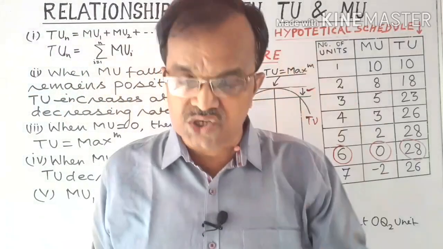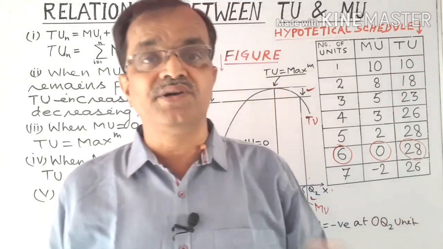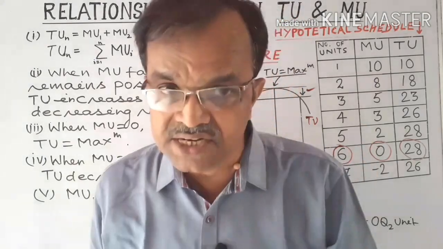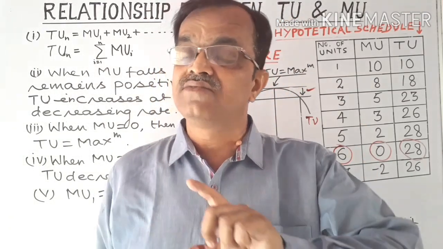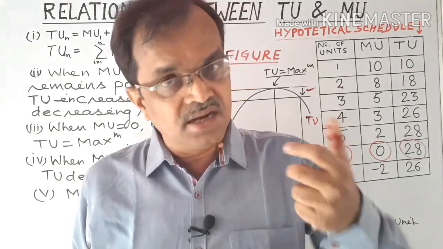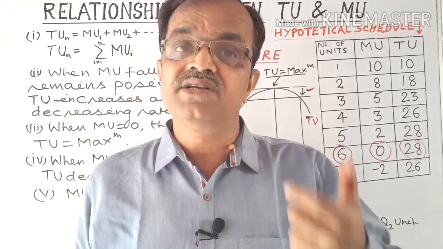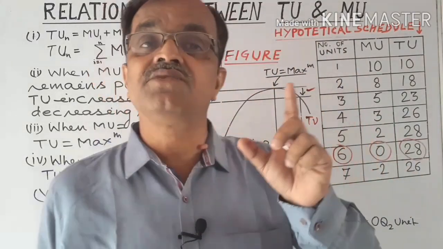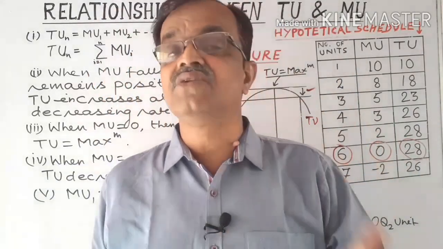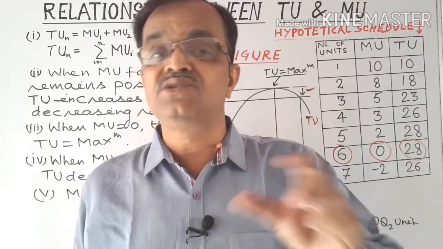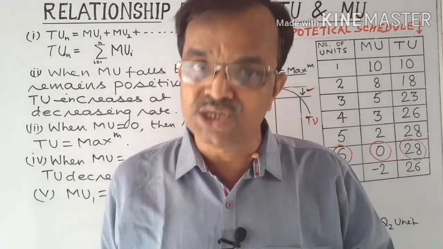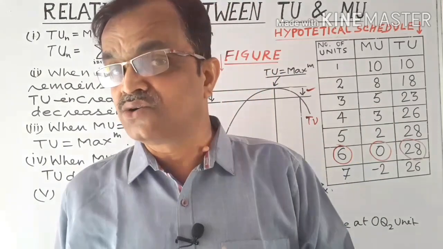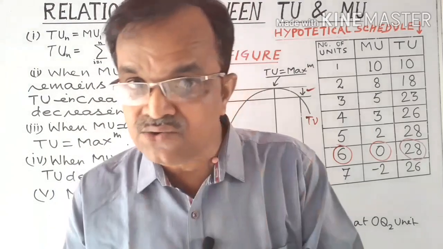The same relationship can be explained with the help of a figure. Whenever there is a question in your examination paper to explain the relationship between the two with the help of a figure, then you have to draw the figure, otherwise you will not get marks. But if the explanation is required with the help of a schedule, then you have to draw a schedule, not a figure. In both situations, you will lose marks if it does not match the requirement of the question. Therefore, you have to answer in the light of the conditions given in the question, that is, to be explained with the help of a schedule or figure.